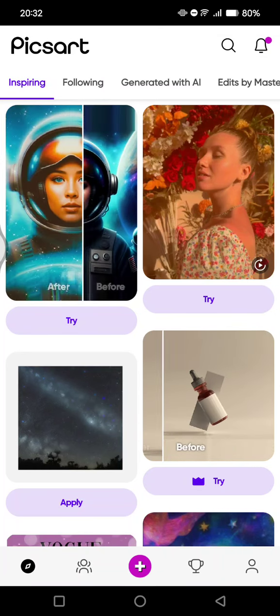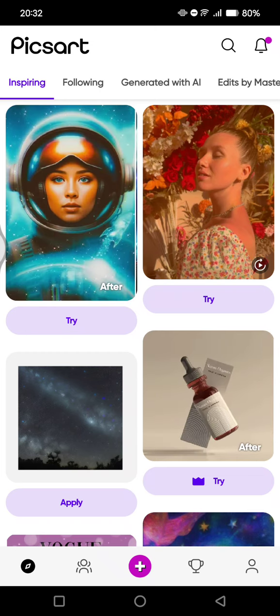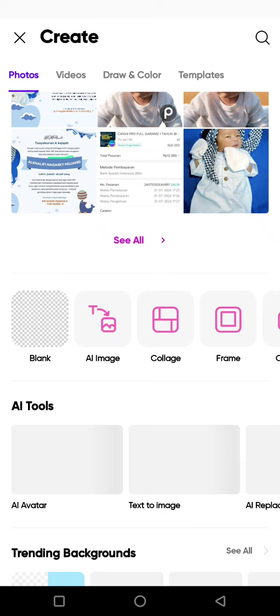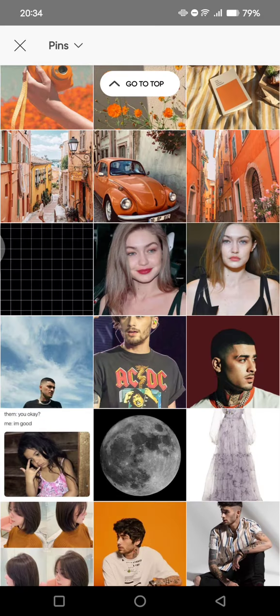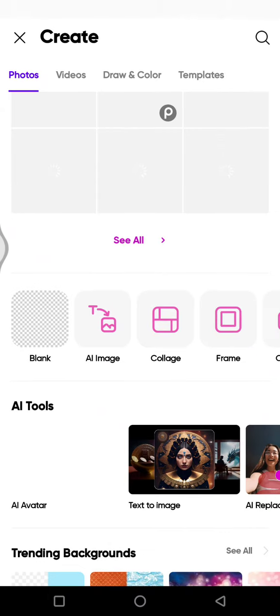On today's tutorial, I'm going to show you how you can create this cool black and white photo edit with Picsart. So in here, what you need to do is open the Picsart app and then click on the plus icon. Then choose the photo that you want to edit. So for example here, I'm going to edit this photo. Just select the photo,